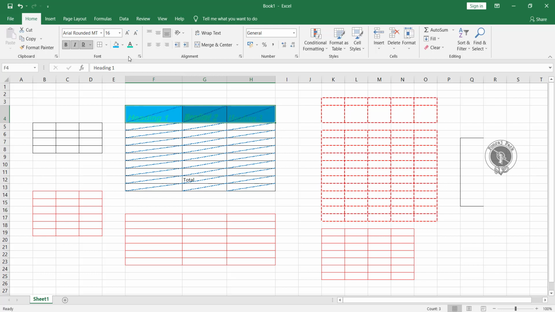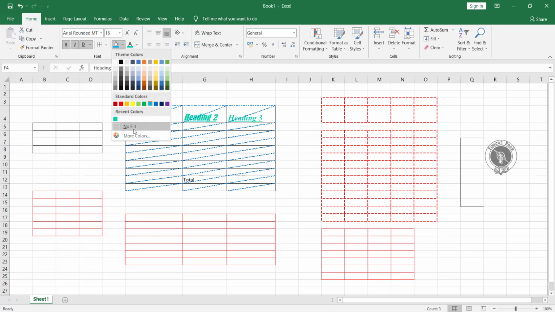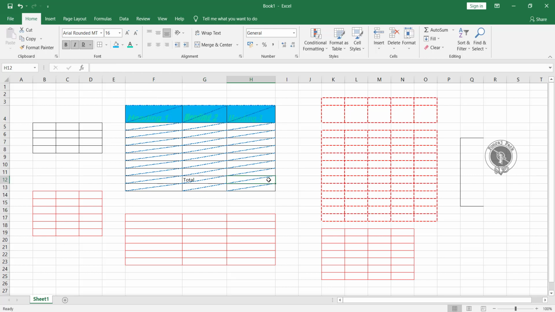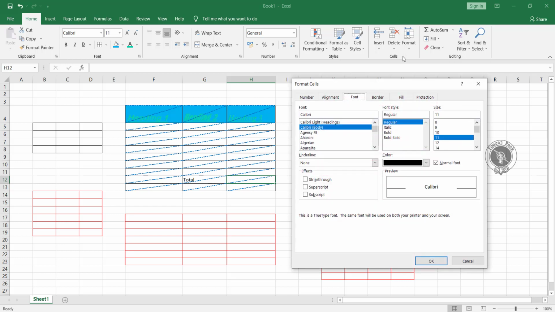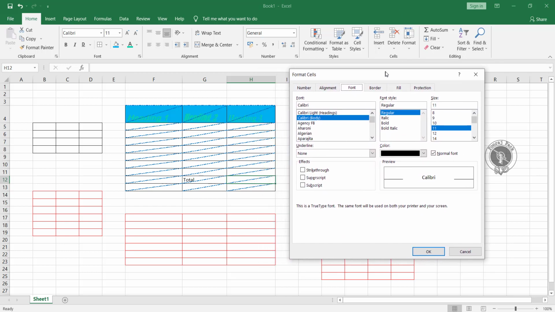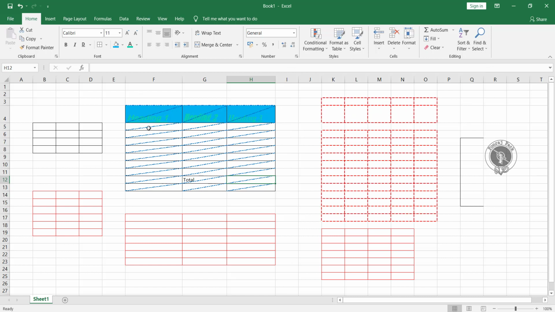That same thing is available in this fill color also. So you can use that, or you can create more colors from here as well. And then if you click here on this little arrow, you can also do lots of things from here. Again this font, first of all I'll choose my data. So basically it will apply to this.